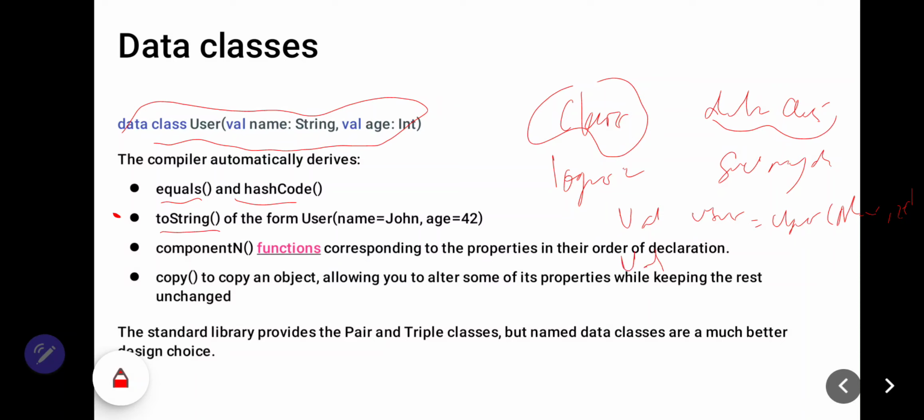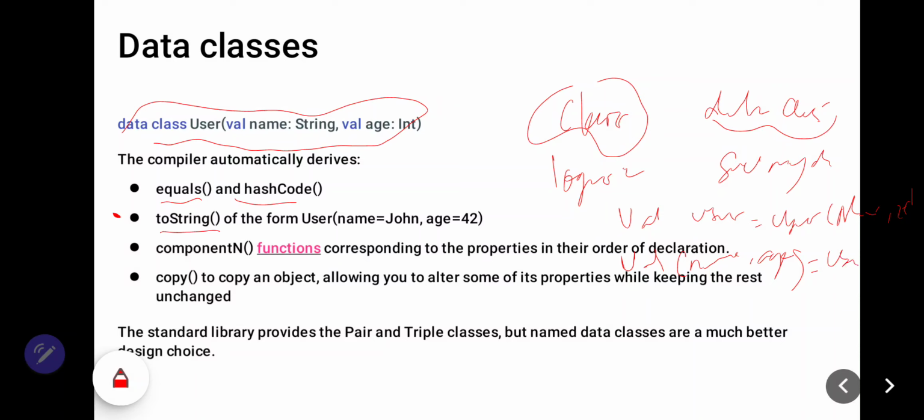For destructuring, you don't need to write component1, component2, component3 to take parts of the objects. val (name, age) = user.